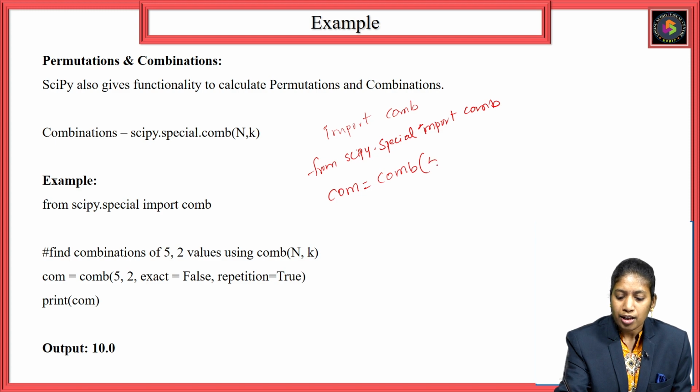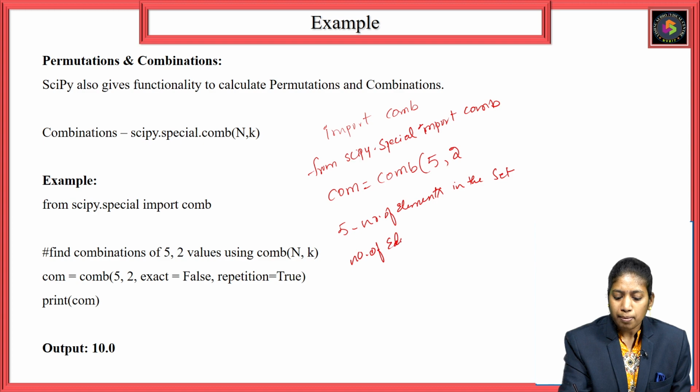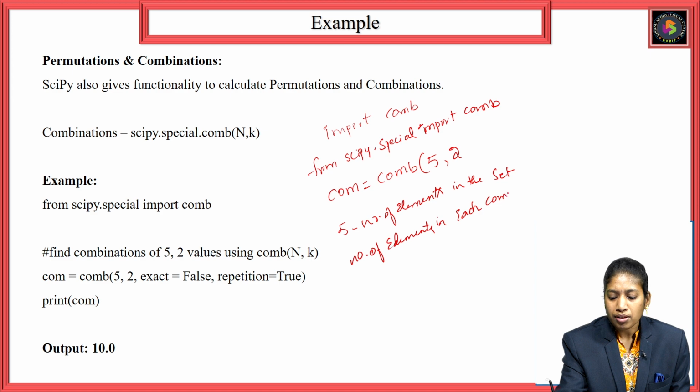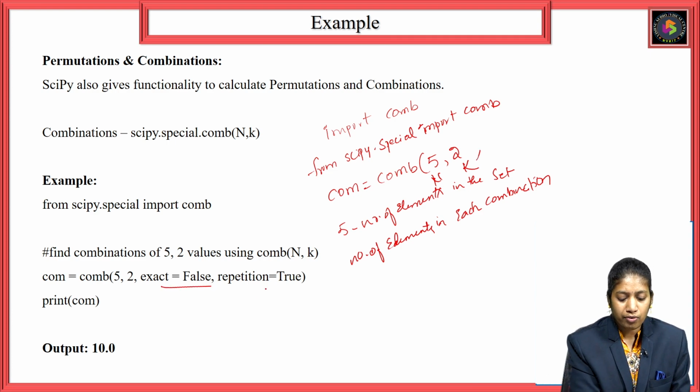What are all the arguments? The first argument is 5, which represents the number of elements in the set. So 5 elements I am mentioning. The 2 is the number of elements in each combination: 5, 2. 5 is n, and k is 2, the number of elements in each combination. And we have given exact equals false, repetition equals